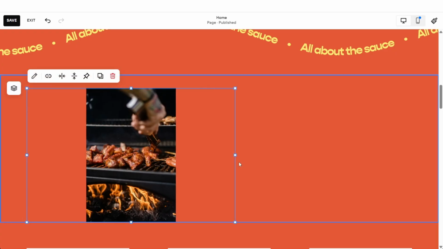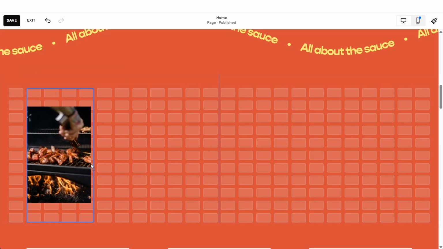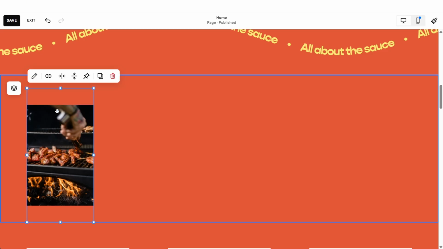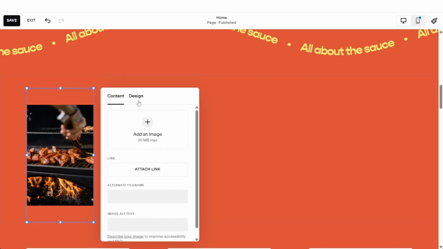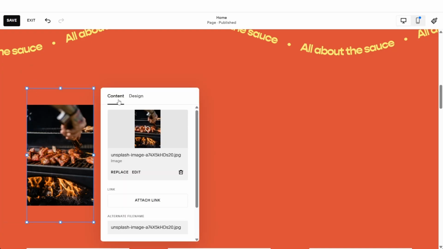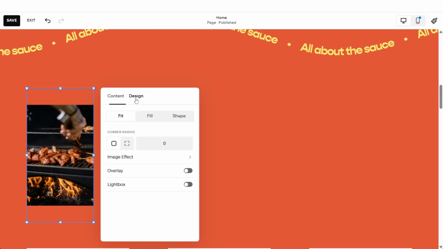Now, one thing that you will notice is if you try to scale using the left and right corners, you will see that it will create another space at the very top. To fix this, what you want to do is simply click on the image, and at the top on the very left hand side, click on the pencil to edit. Now on the right hand side, you want to make sure that you are on the design tab,